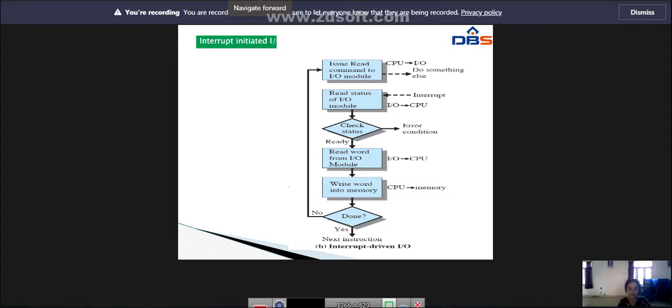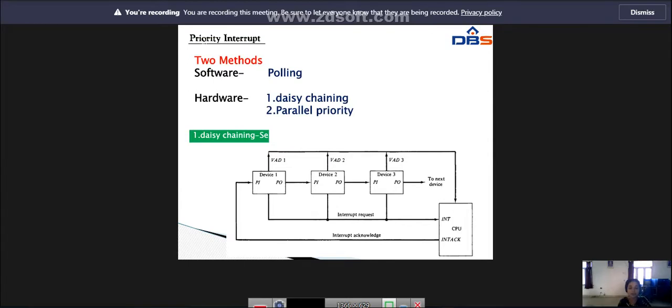Next, coming to priority interrupt. What is meant by priority interrupt? A priority interrupt is a system that establishes a priority over the various sources to determine which condition is to be serviced first when two or more requests arrive simultaneously. Devices with a high speed transfer, such as a magnetic disk, are given high priority, and slow devices such as the keyboard receive low priority.